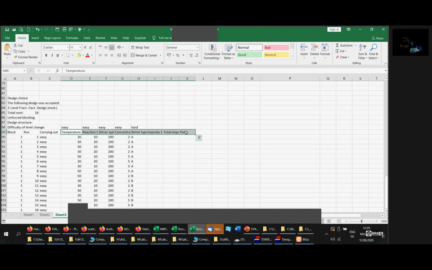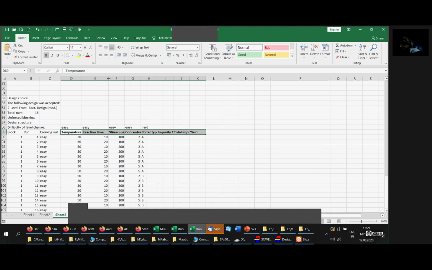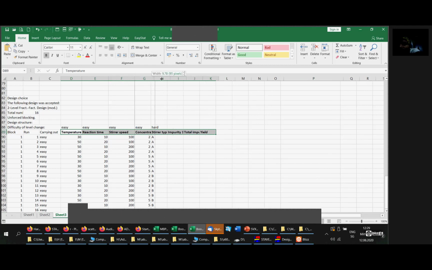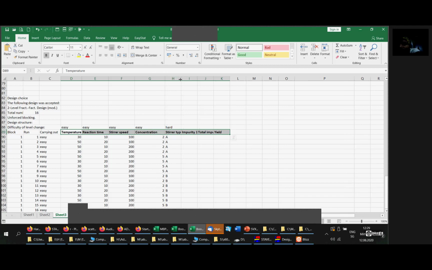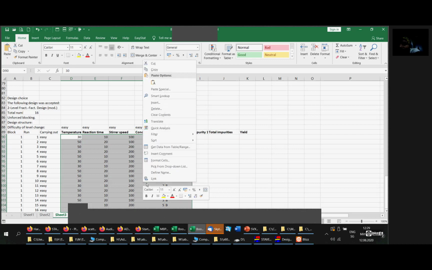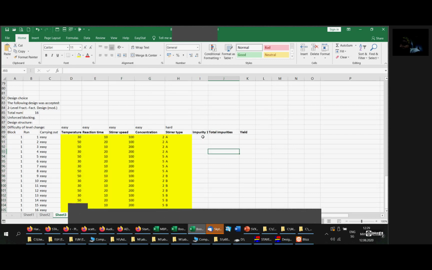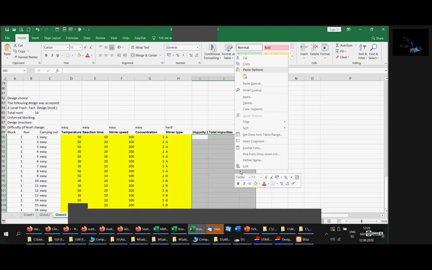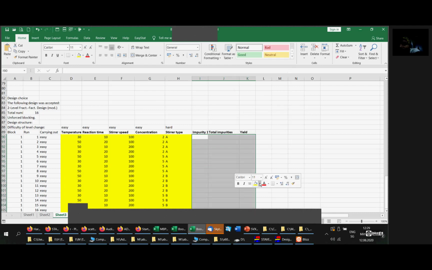If I take this here and I make it bold, then you get the design. So you can give that to somebody in the lab who has not the software or who wants to have it in Excel, and then you have actually the design here, 16 experiments to be done, and you can collect the results here from the, as you make the experiments in this zone,